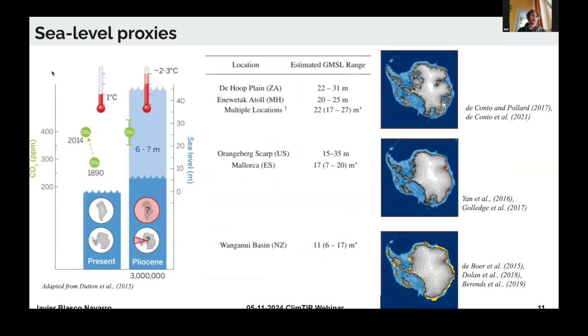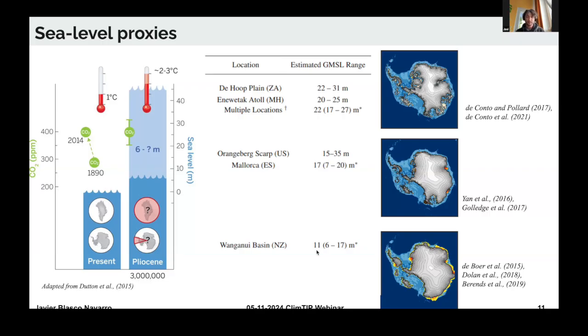So here is again how it looks. This is a figure adapted. This is the sea level stand nowadays. This is how much it contributed during the Pliocene. And this is the CO2 record. So we see that we are evolving towards CO2 levels similar to the Mid-Pliocene period, but we are still below in temperatures. So the problem with proxy records is some proxy records estimate low sea level high stands, around 10 meters,